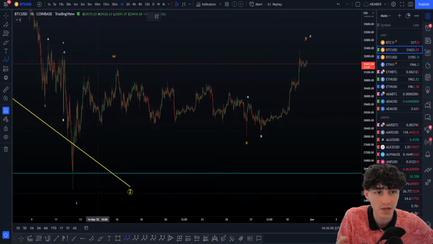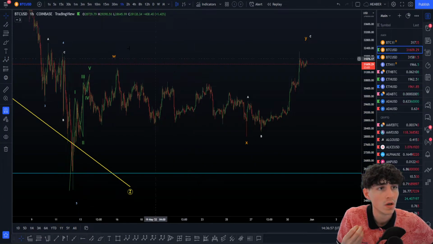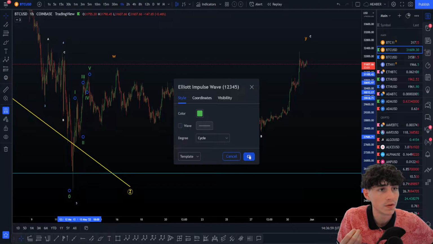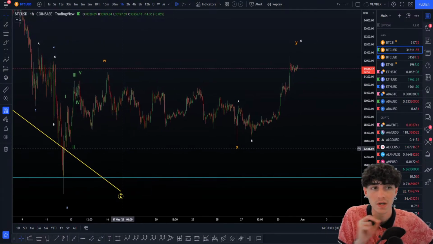Why? Simply because, as I said, we want to get 5 waves. What do we have here? A possible wave 1, wave 2, wave 3, wave 4, and wave 5. I'm just going to remove the wave here so you can really see this. Okay, perfect. So here we have a possible 5 waves already to the upside,